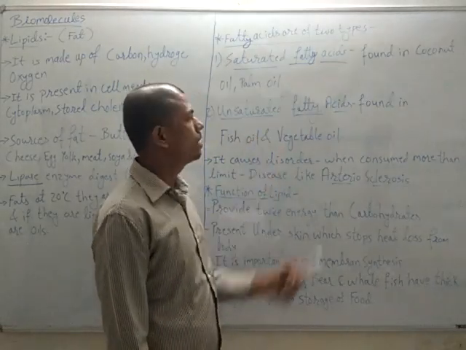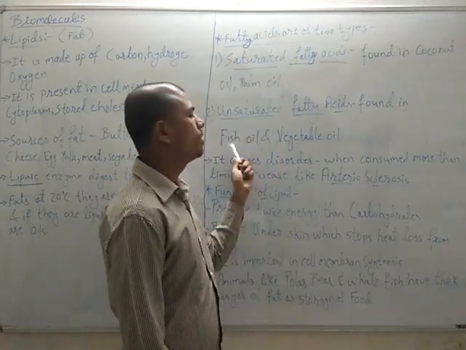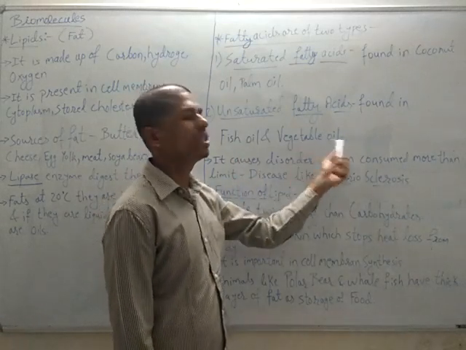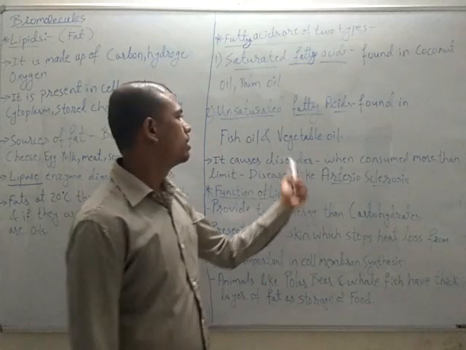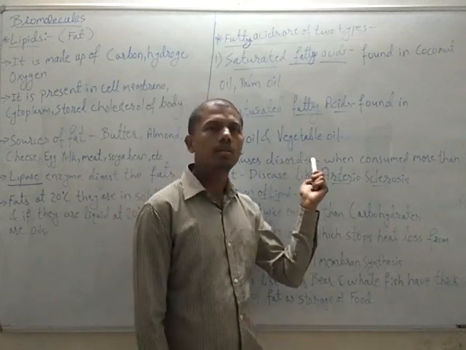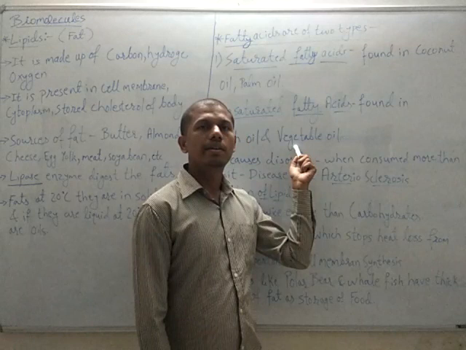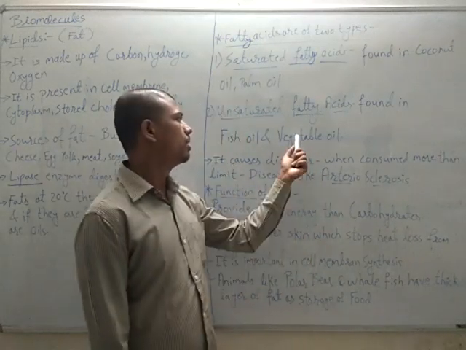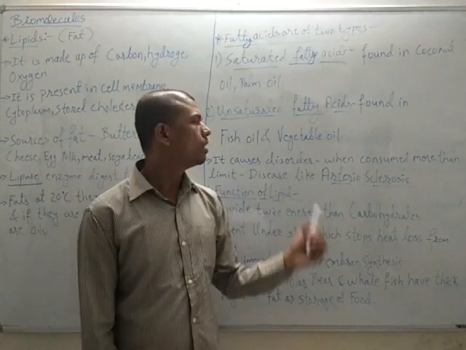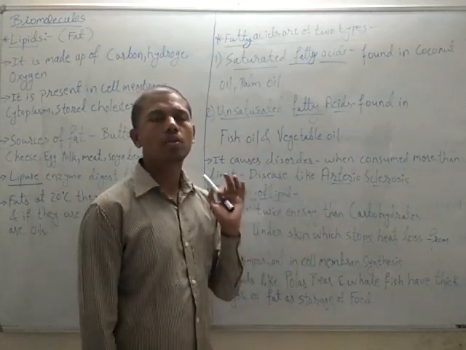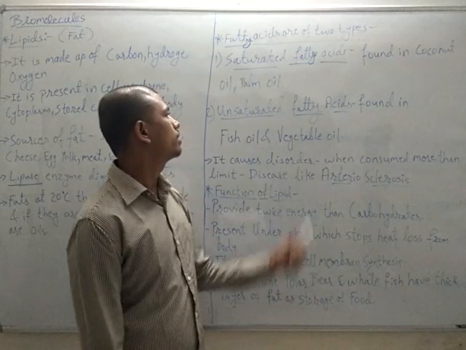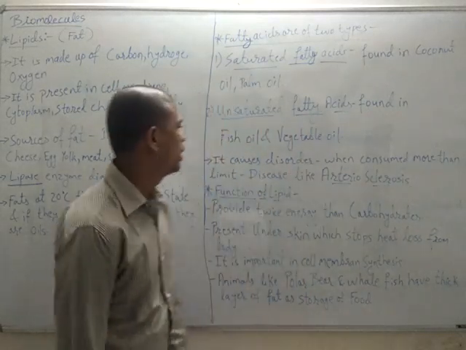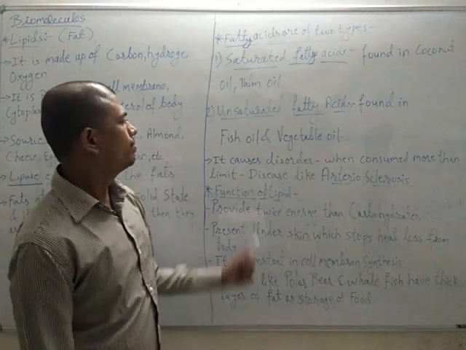And unsaturated fatty acid is found in fish oil, fish cod liver oil, and the vegetable oils that we generally use: sunflower oil, soya bean, rice bran, cottonseed vegetable oil. All these types of oil are always liquid in state, so they are unsaturated fatty acids. Okay. Now,